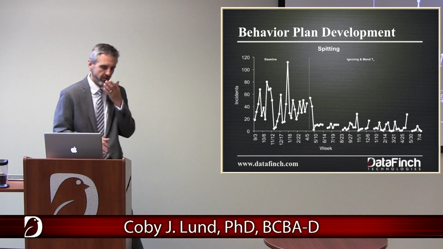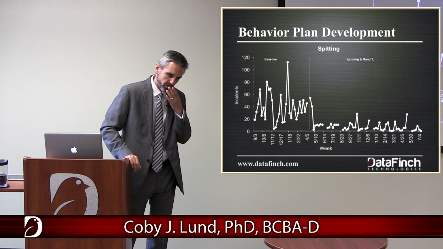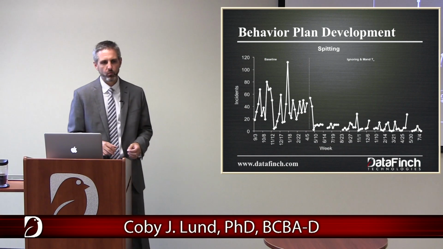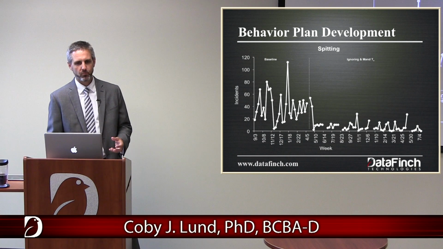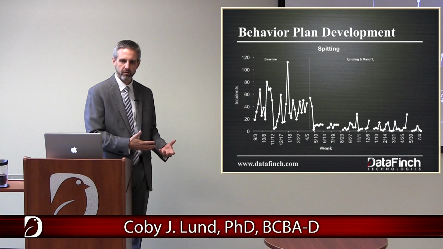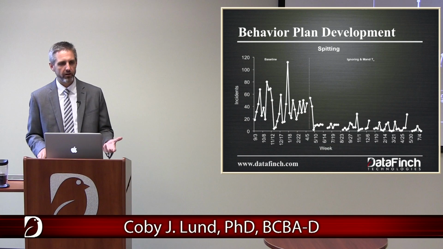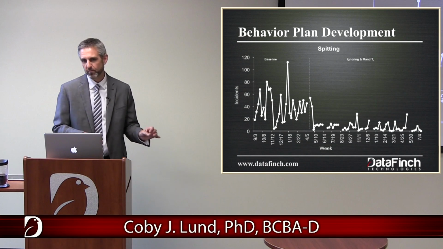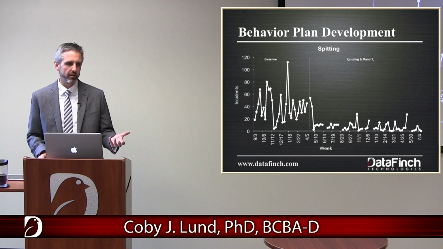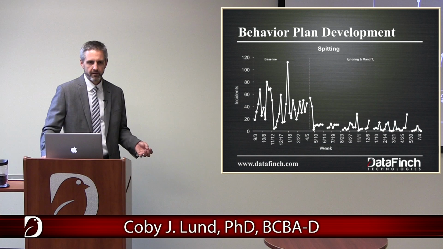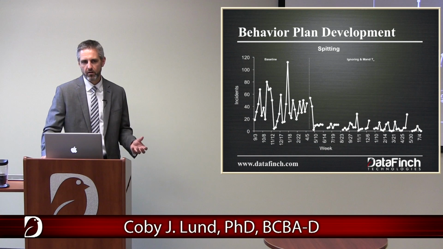So if this behavior was self-stimulatory, he was sort of playing with his saliva, it wasn't related to escape avoidance. It wasn't related to attention. It's not related to consequences that we're delivering. And therefore, our intervention didn't impact that behavior at all. The form of that behavior is roughly equivalent. It's still spitting behavior. But the function is different, and therefore that behavior didn't change at all because our intervention didn't address